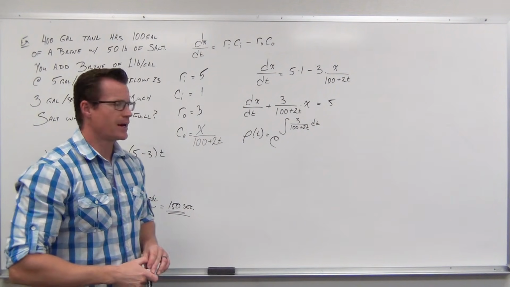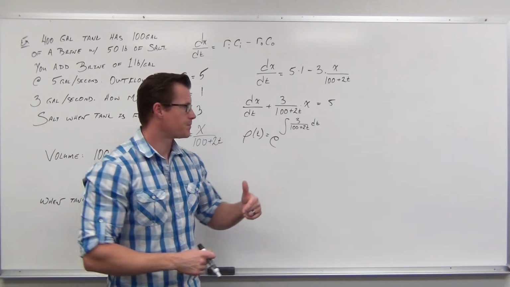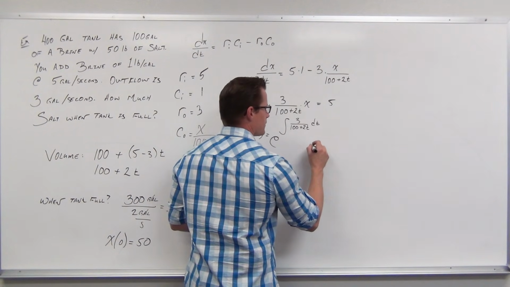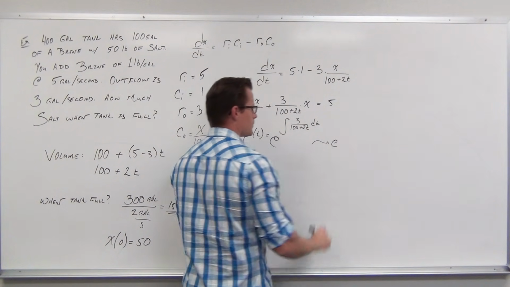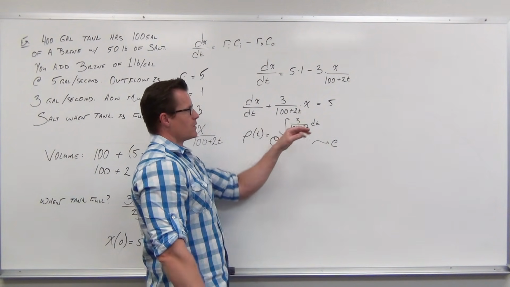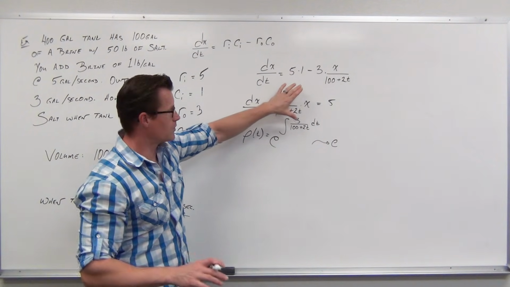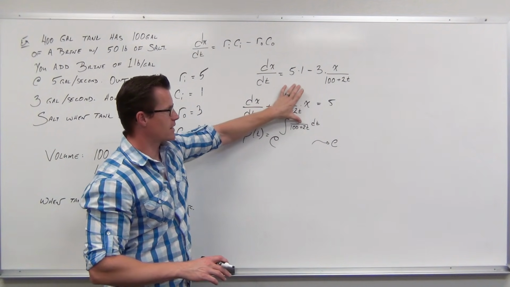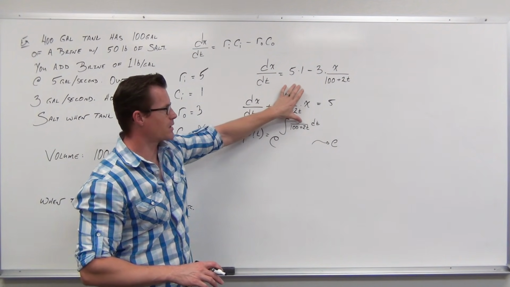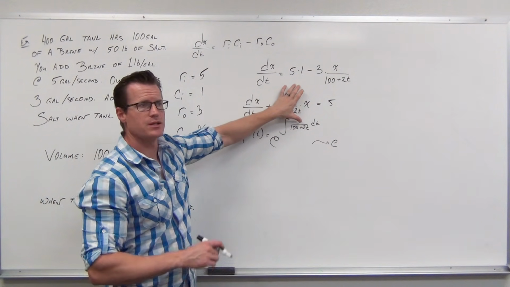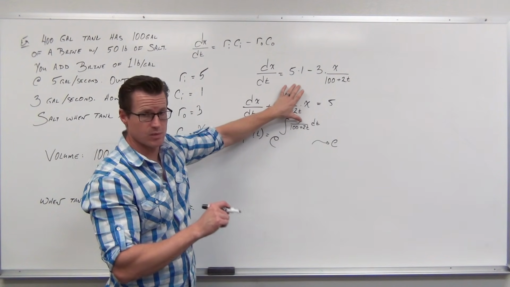It's not all that bad. We can pull the 3 out. We'd have, do it quickly, you should do it on your own, natural log of 100 plus 2t divided by the derivative of that u, because you have a u